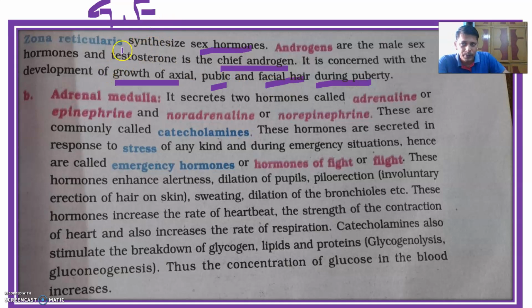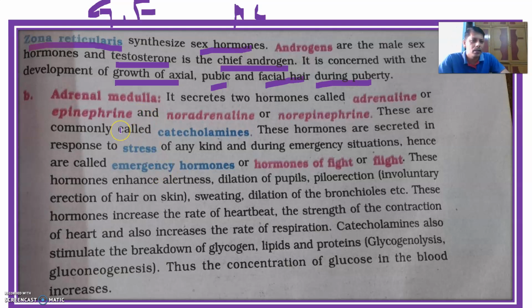And testosterone is also produced in females, because even though females do not have testes, they have the adrenal gland. In the adrenal gland there is the adrenal cortex. In the adrenal cortex there is the zona reticularis, which produces androgen. The main androgen is testosterone. In females also the testosterone hormone is present. With this, the adrenal cortex is completed.